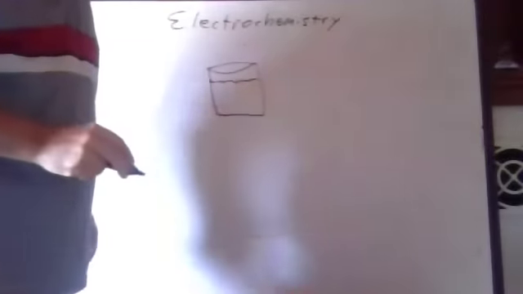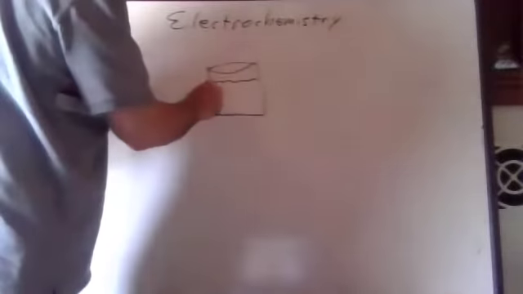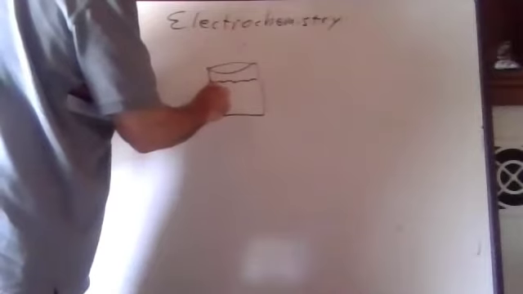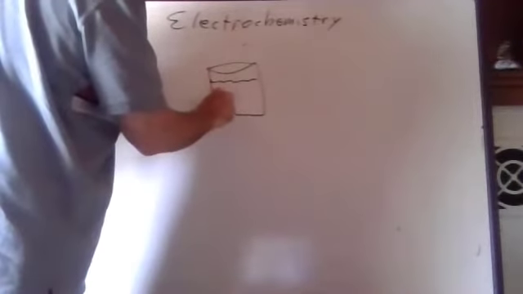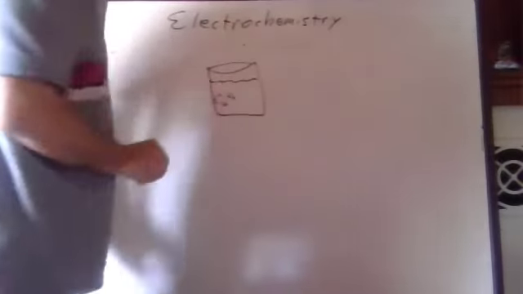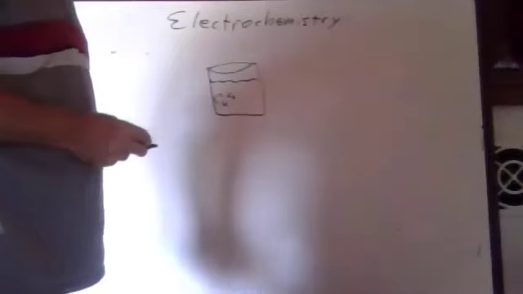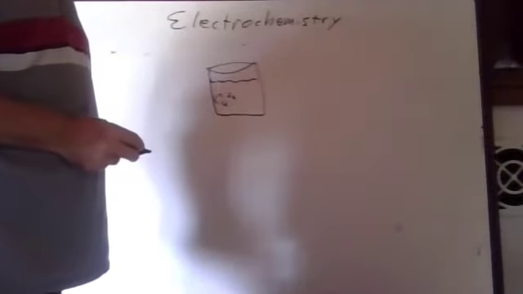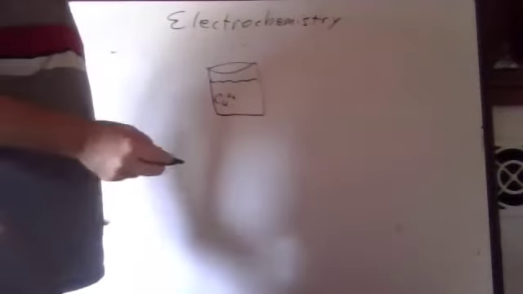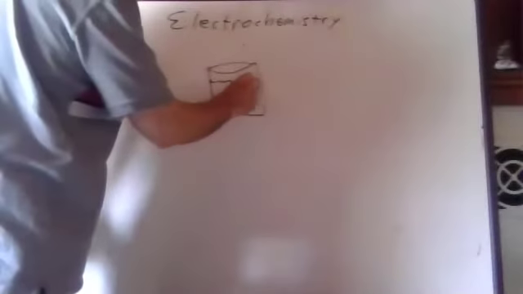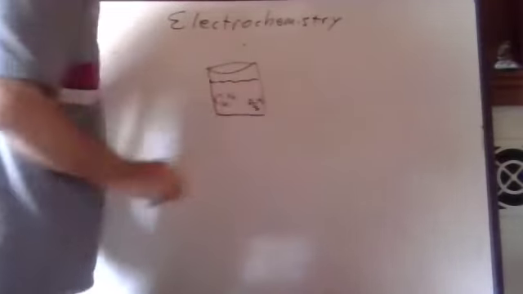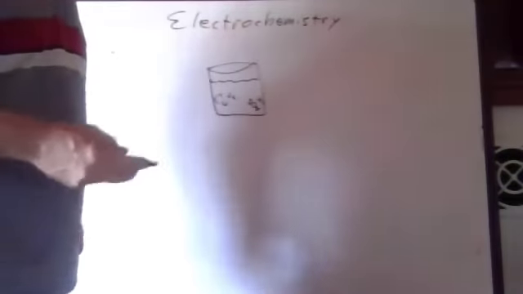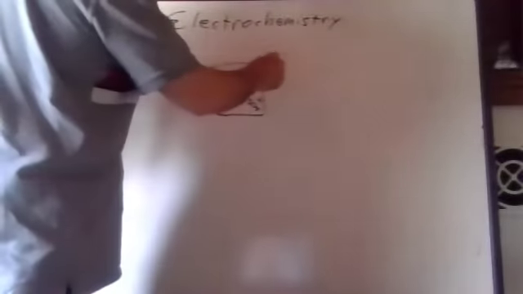We're going to have a beaker that contains, say, the copper solution. So that would have copper 2+. That would be copper sulfate in this case. So you'd have copper 2+, and you'd also have sulfate ions in there. But we're going to assume the sulfate doesn't do anything. It doesn't react. And then another beaker